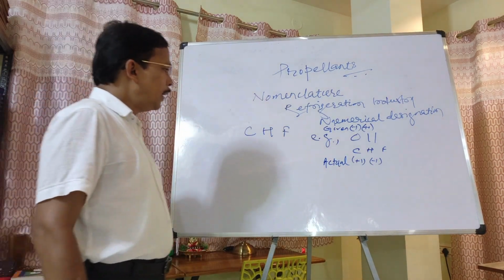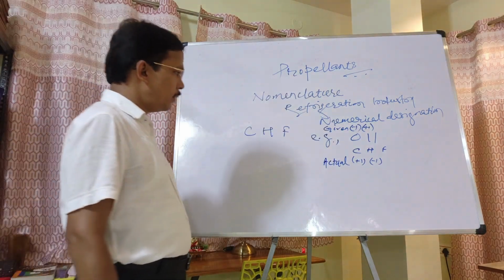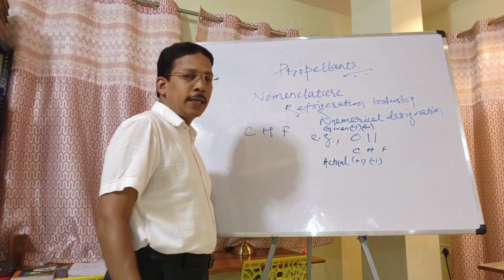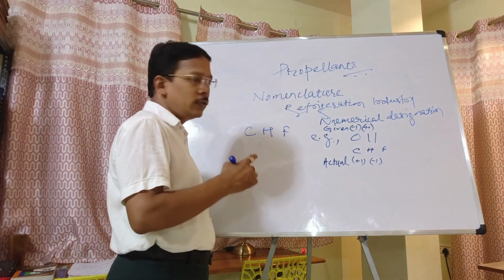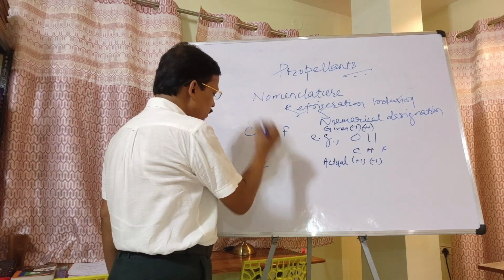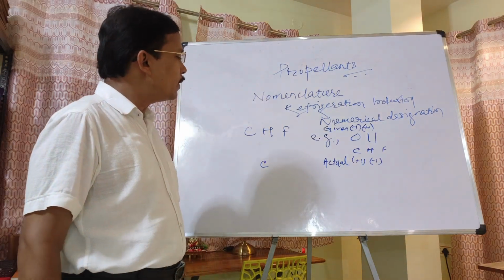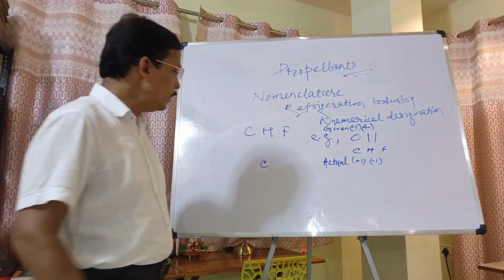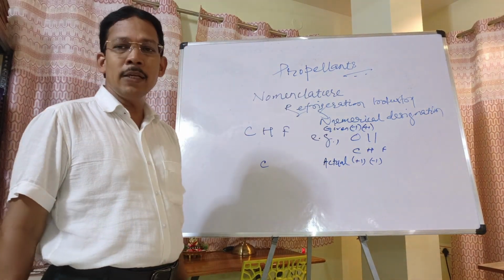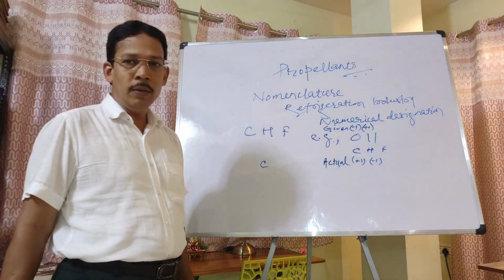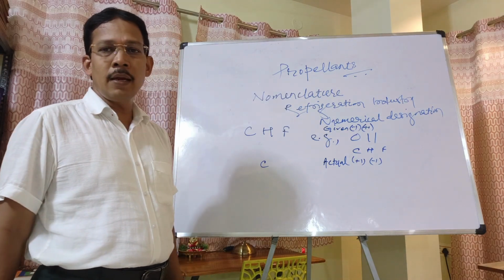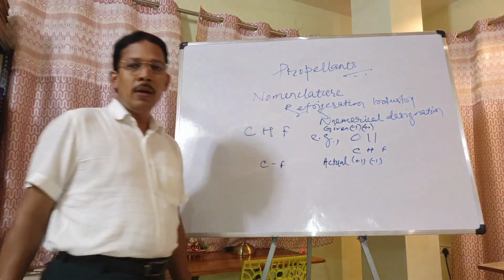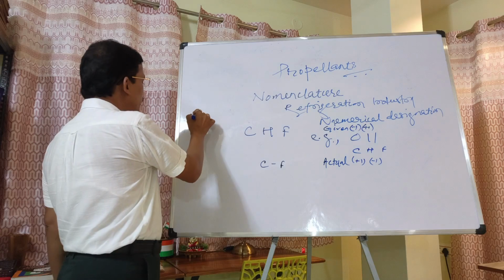This is the way. For example, suppose 011, as I am discussing. The 0 was given after making -1, so the actual number of carbon atoms is 0 plus 1, so 1, so it is C. And hydrogen is given as +1, so actual we have to make it -1, so 1 minus 1 is 0, so there is no hydrogen atom. The third digit is the number of fluorine atoms, so it is 1. As we all know, carbon is tetravalent,